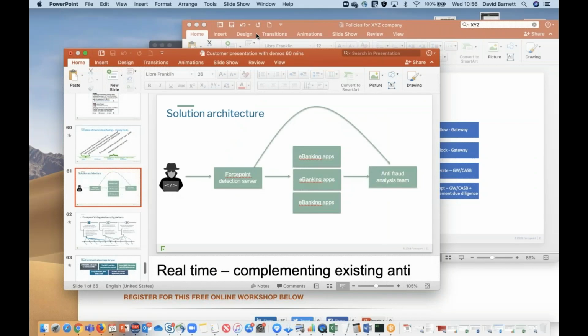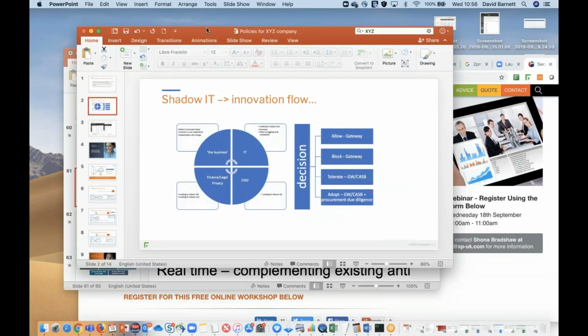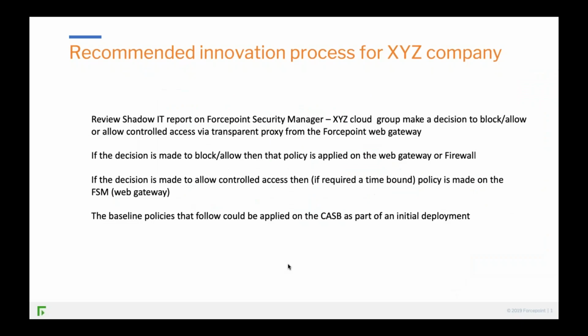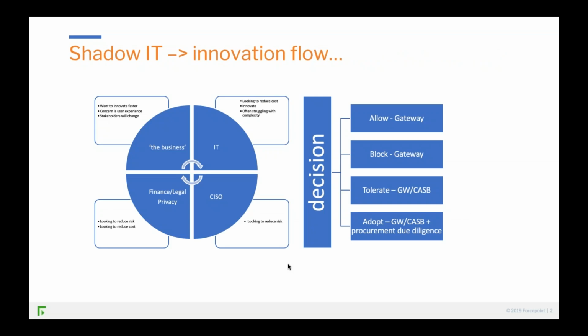So I kind of mentioned that we need to focus on the risk to a customer. This is a product of a discussion that we have with customers quite often. The customers will say, we have a shadow IT problem. We've got tools in place to block and allow it, but what about controlling it? How simple can you make it for me to apply controls? So first of all, we talk about that discussion around the digital transformation team.